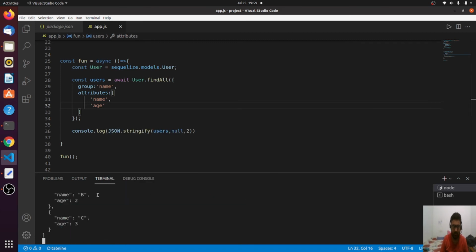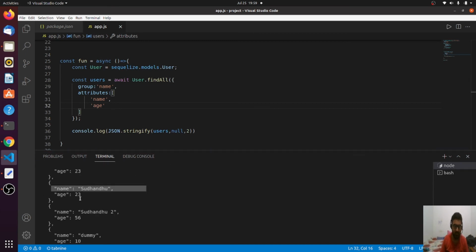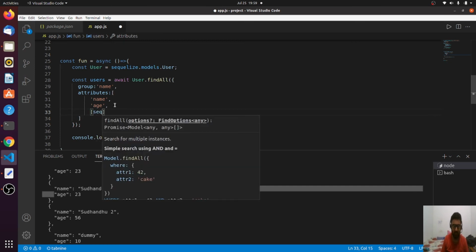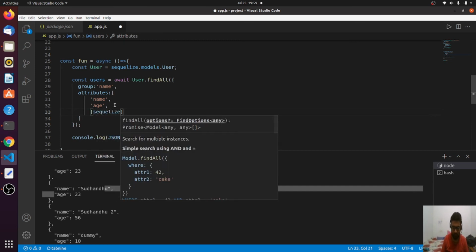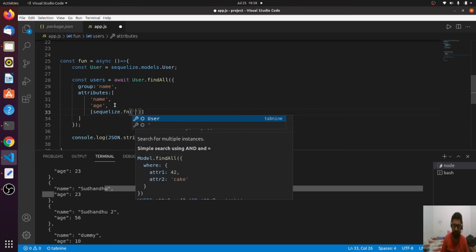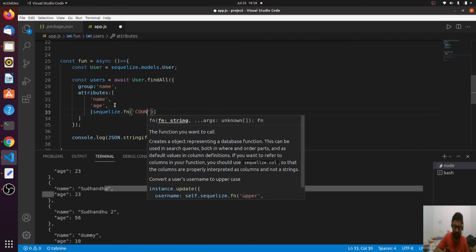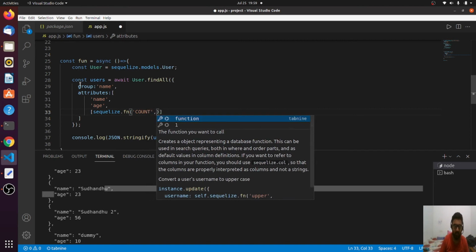Okay, so we got all the users with the name and the age, because age is in attributes, and group by name. Now let me add an aggregate function here, that is sequelize.fn. Let me count. So this is a group by name, so definitely I will be counting the names.